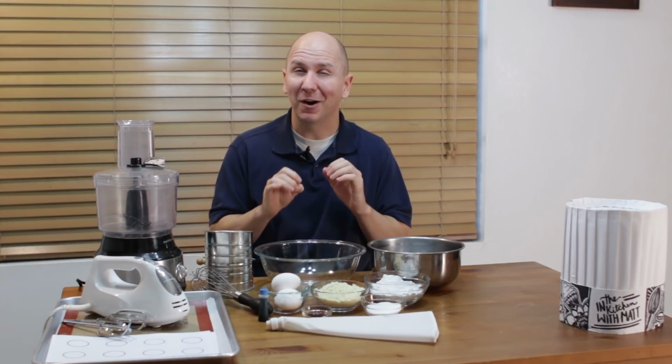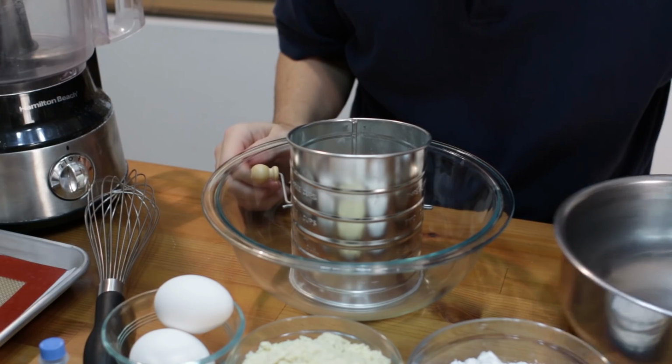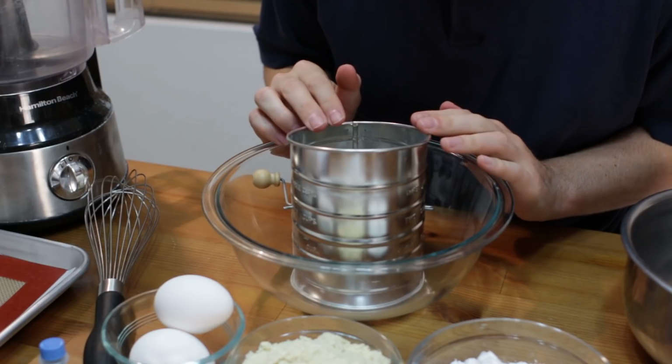First, to start off, these aren't the easiest cookie to make. However, once you master them, they're probably one of the most elegant and one of the most presentable and classy cookies that you can make. Rest assured, if you follow my steps and these ingredients, you'll be making them in no time. If I can do it, you can do it. But let's get started. All right, first what we want to do is sift our almond flour